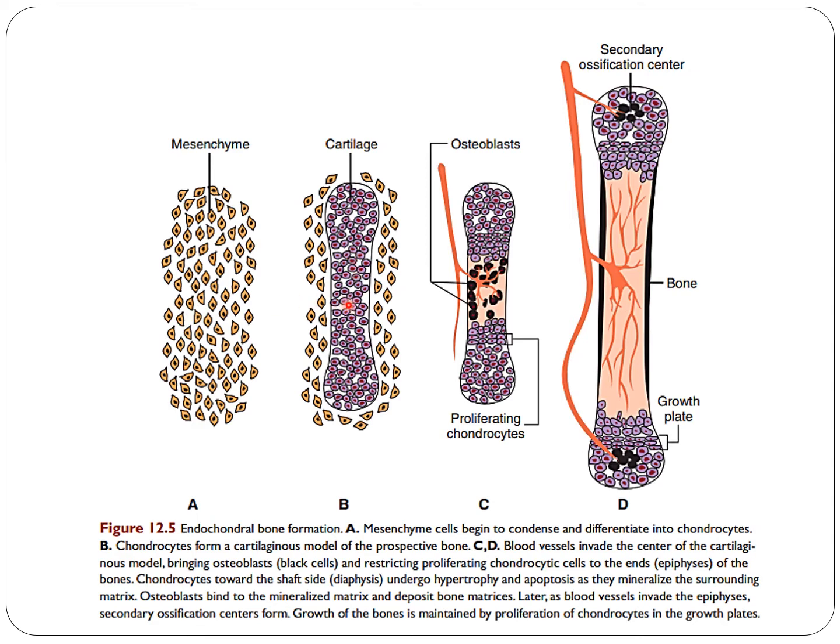Initially, mesenchyme will differentiate into a cartilaginous model, the chondrocytes condense together, and then the osteoblasts are formed in the middle. The cells present in the center die apoptotically and move toward the periphery, and the diaphysis is completely mineralized with bone. Then the ends contain secondary ossification centers, which develop after birth, and these will form the epiphysis of the long bone. The connection between the epiphysis and the diaphysis is the metaphysis. This metaphysis is very important because it is responsible for the length of the